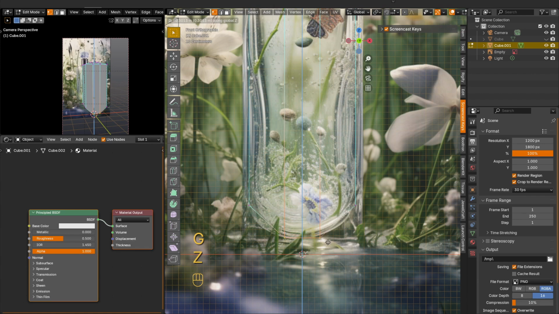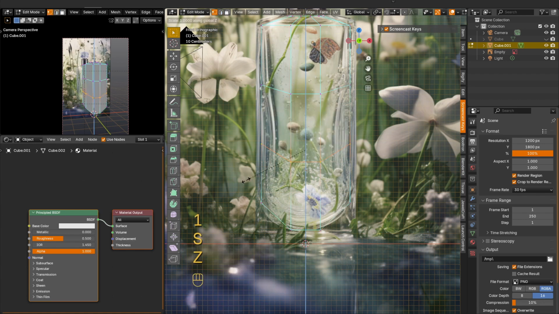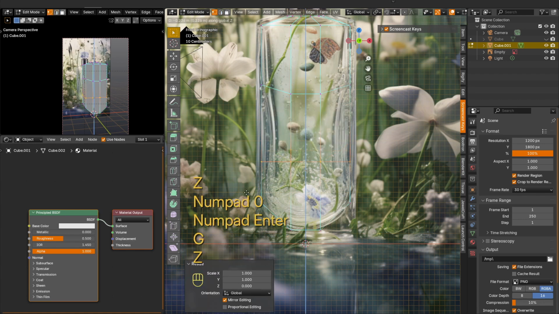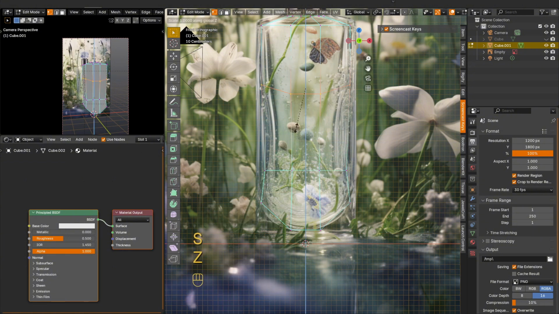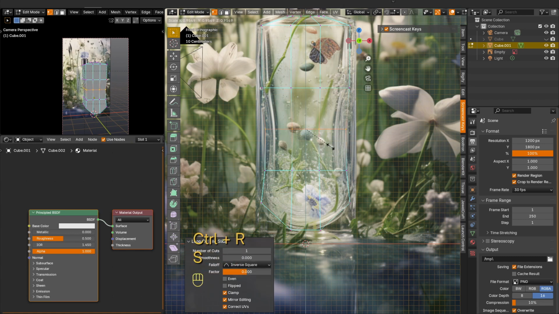Also we need to add several edge loops and align their vertices along the z-axis. With their help we create the geometry we need. Let's add another edge loops in center and reduce them in diameter.